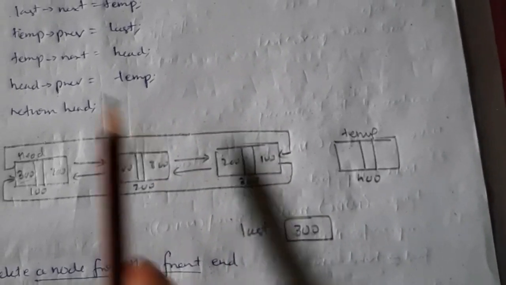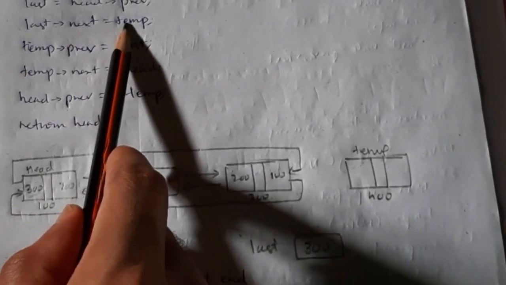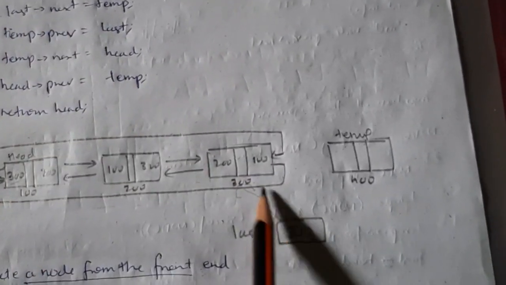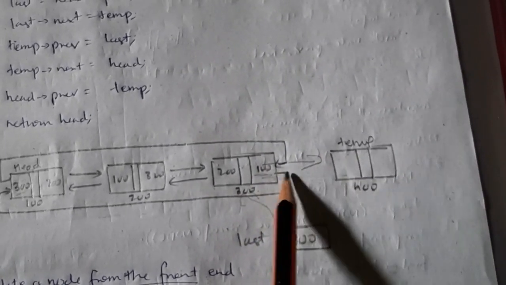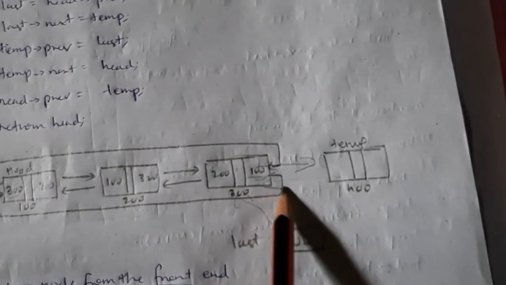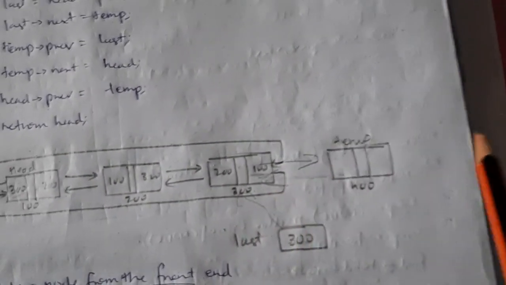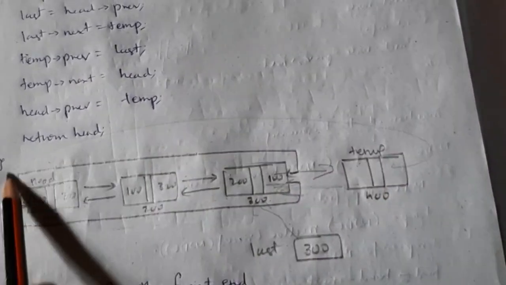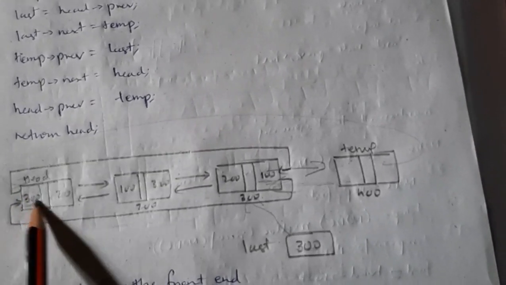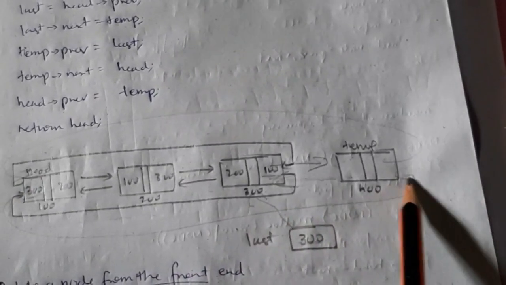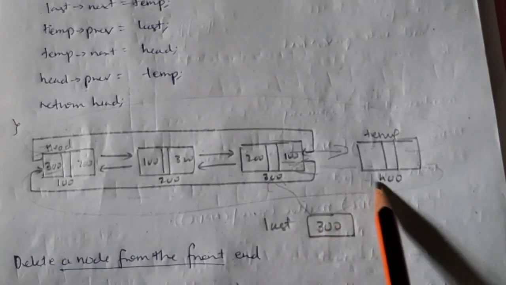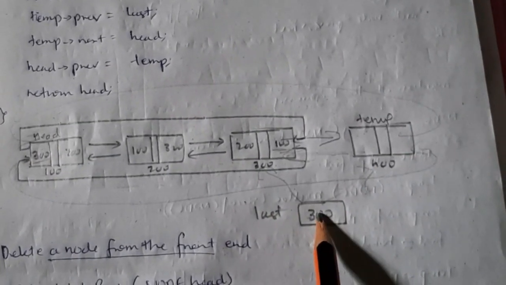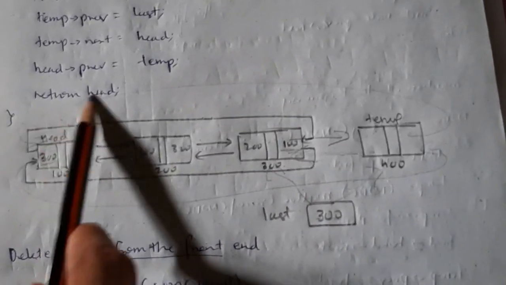Then what you will do, last arrow next is equal to temp. Okay, what is last arrow next? This will have a connection with this, and then temp arrow previous is equal to last, this will have this connection, and then temp arrow next should point to head, and then head arrow previous should point to temp. Okay, so that's two codes here, and then you will make the last point to this. That's optional. If you want, you can make last point to this,